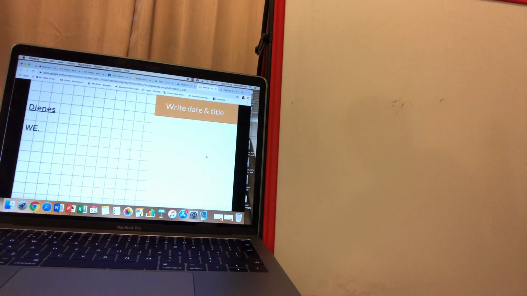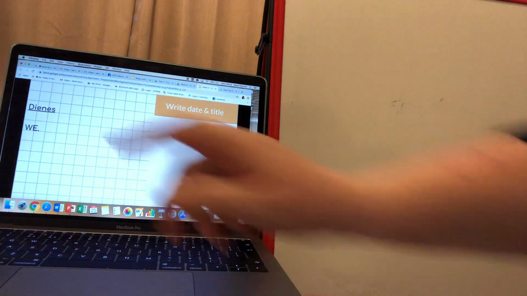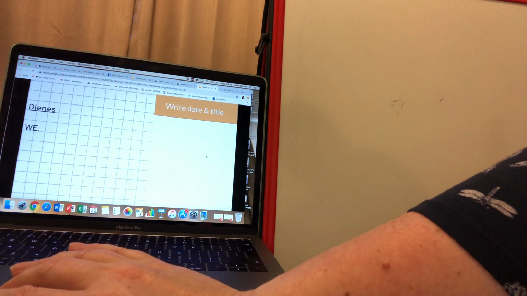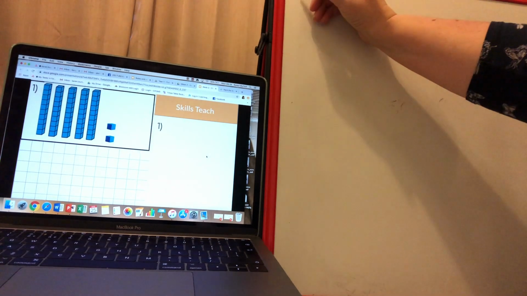So, on your paper in your book today, or on a board if that's what you've got, can you write the title Deans, underline it, and write WE for worked example? Pause the video while you're doing that. Okay, so Deans are things that help us with the place value. They help us to understand the value of each digit in a number. So we're going to be looking at 2-digit numbers today. So number 1,